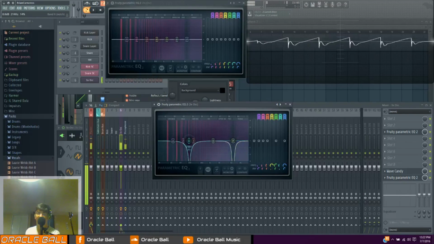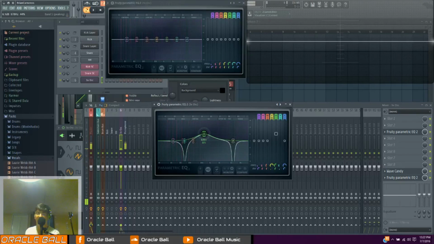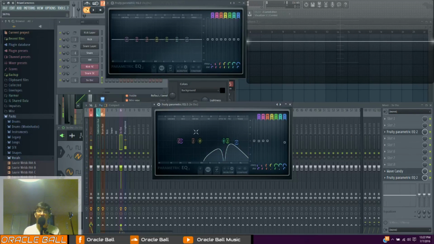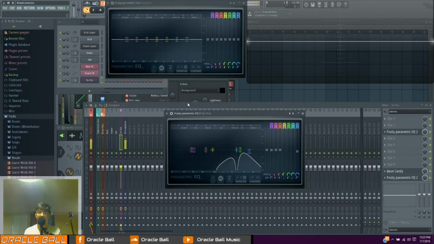You could have one going up here, one down here, and maybe even have a band pass, and then these guys go through the band pass. Which guy's my band stop? Oh yeah, they're there, 6 and 4. And you can see it creates holes in the band pass, which you can get cool sounds out of. But yeah, those are some things you can do with the EQ,